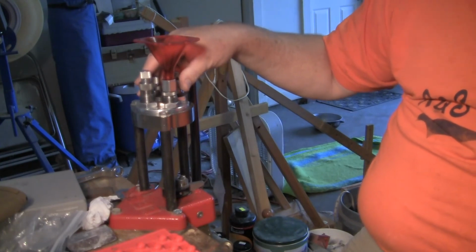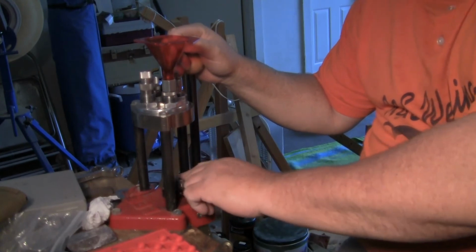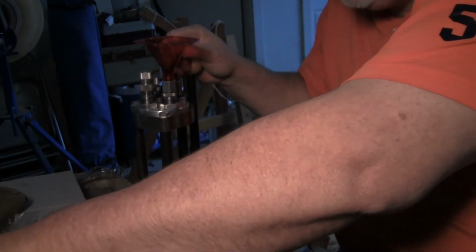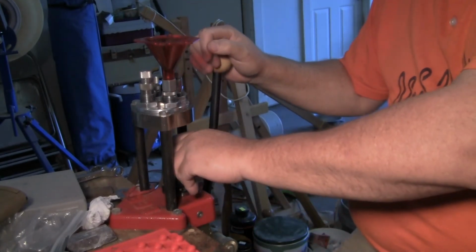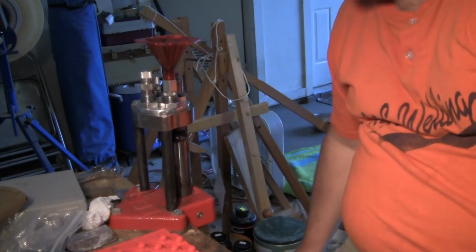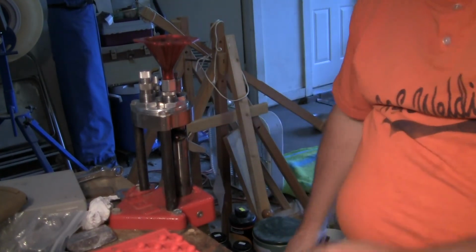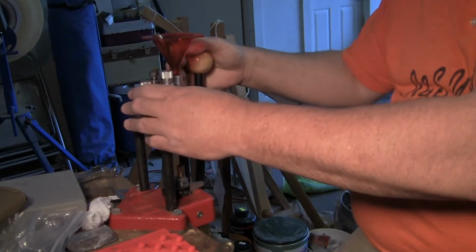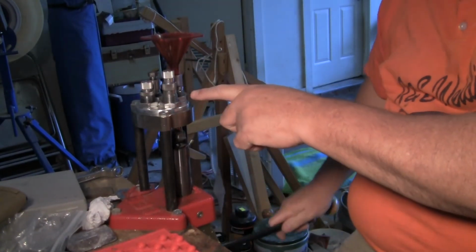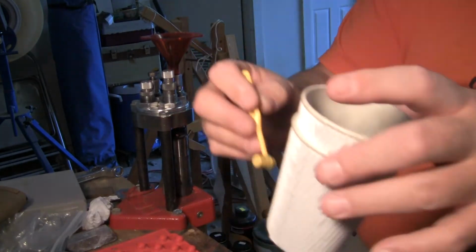First thing we do, we find us a primer, put it in the primer tool, get an empty case that's been fired, lift it up, and run it into the sizing decapping die. It just knocked the primer out, and when it comes down, I'm going to be putting a brand new primer in it. It went in. You're going to bring it back up into the neck flare die, and you're going to charge the case here at this point. You're going to take your powder